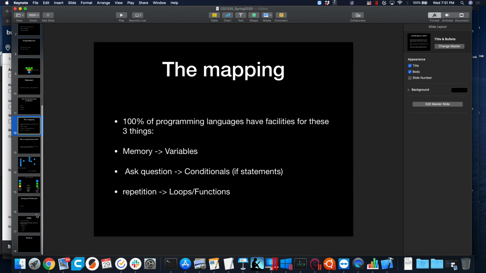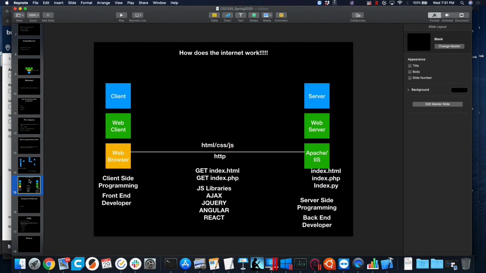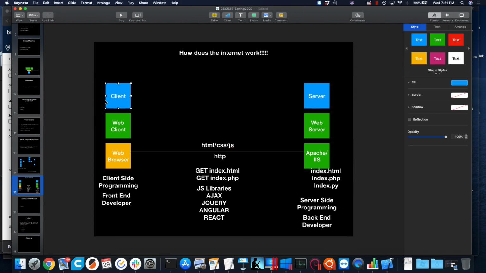if we scroll down here, how does the internet work? So we use our client-server model, right? Which is a networking abstraction for web client and web server. And what's a web client and a web server? Well, a web client is probably our web browser like Chrome. Web server is going to be like Apache or IIS. So Apache if you're running anything that's not Microsoft, IIS if you are running Microsoft, Internet Information Server.